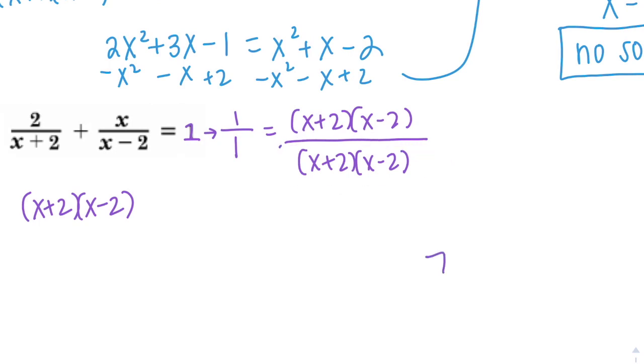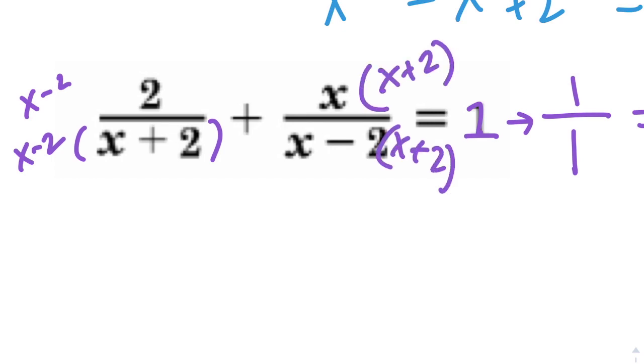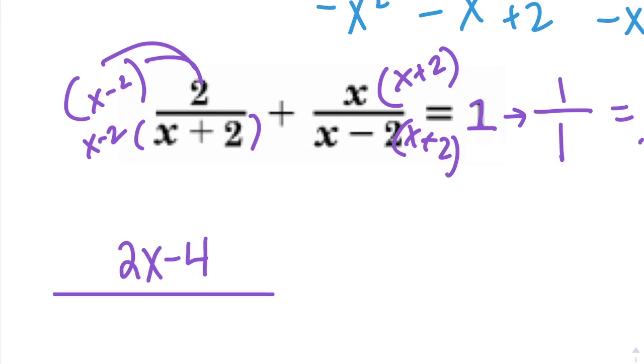And remember, 7 over 7 is just 1, 8 over 8 is just 1, x over x is just 1. So x plus 2 over x minus 2 over the same thing is just 1. But then I need to multiply because this needs an x minus 2 on the top and on the bottom, and this needs an x plus 2 on the top and on the bottom. And I'm going to start distributing everything out. So 2 times x minus 2 is going to be 2x minus 4 all over x plus 2 times x minus 2,